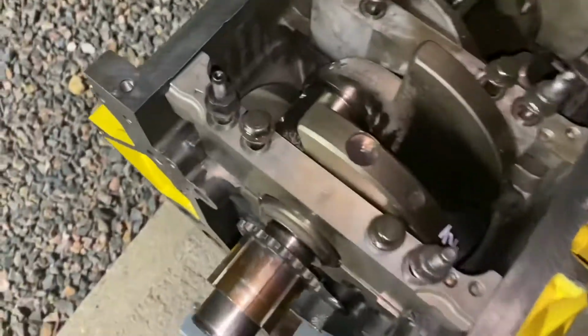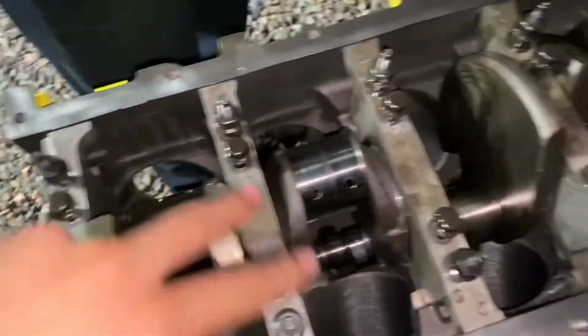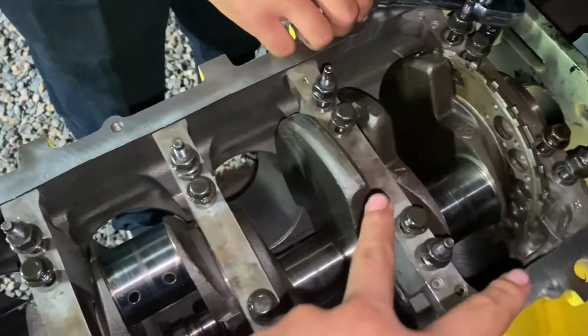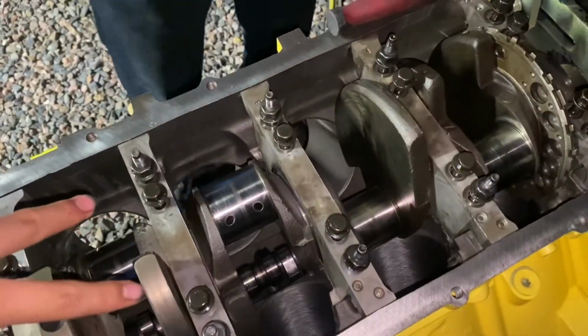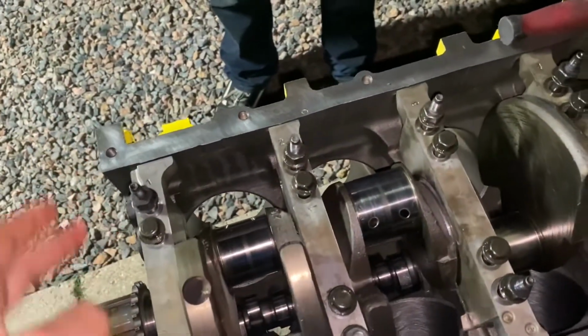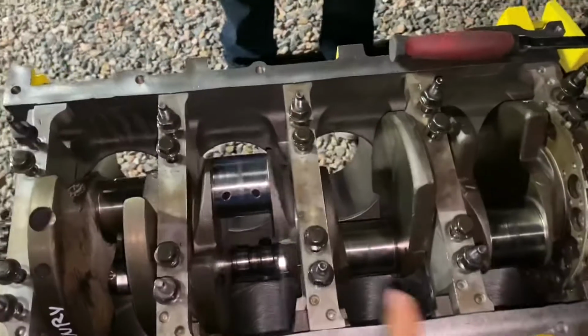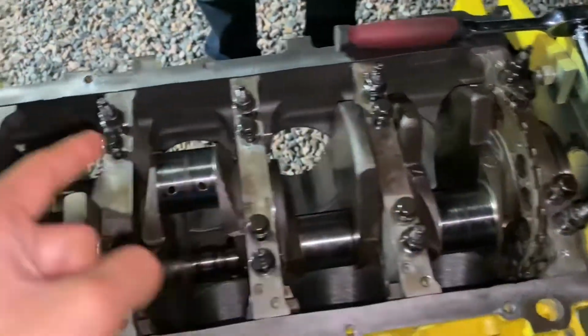All right, guys, we got the bolts in, main caps in, and then the plastic gauge under. What you gotta do next is run down all the bolts, and then torque the middle ones down to 15 foot-pounds, and then if I'm not mistaken, 80 degrees, and then you move to the outside ones, 15 foot-pounds, and then 51 degrees, and then you got to do them in an order from 1, 2, 3, 4, 5, 6,